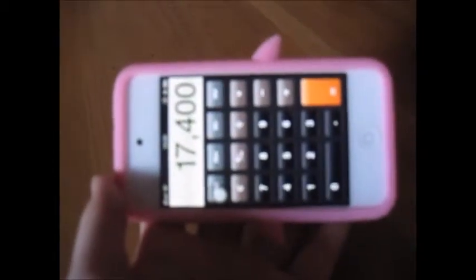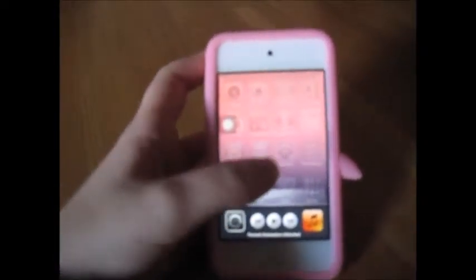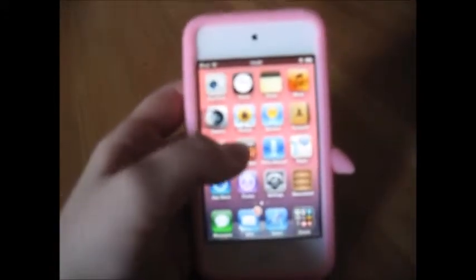Now this thing here is called portrait orientation lock, and this stops you, for example, if you go into the calculator, you can no longer turn it to get a scientific calculator, you can only keep it in portrait. So that is another good trick. Now if you want to switch this off, you just double tap again, slide across and you can switch that back off. The next thing I'd like to show you is in the calculator, and if you turn landscape you can get all these buttons, so you get a scientific calculator, and in portrait you get a normal calculator.